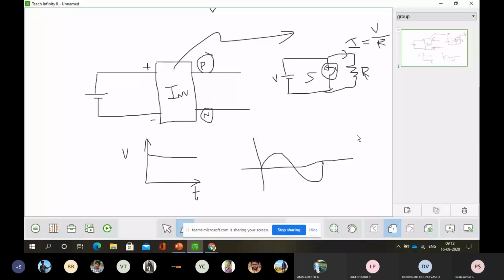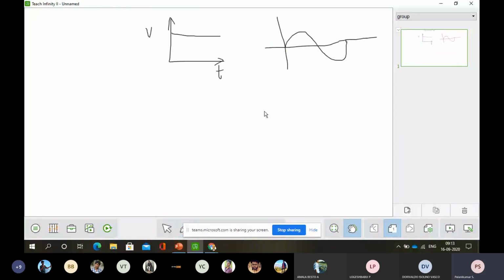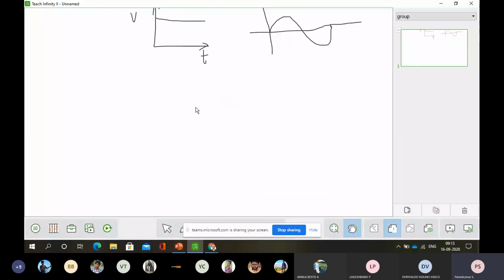Say for example, here I want to elaborate, because we are going to talk about converters next. You have to understand this and keep it in mind always. If I have two resistances which are in parallel to any supply, resistance 1 and resistance 2.